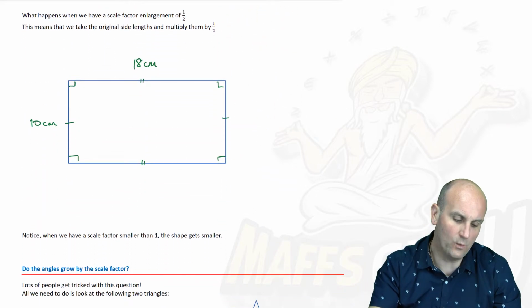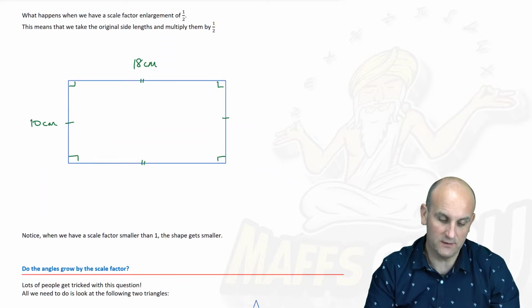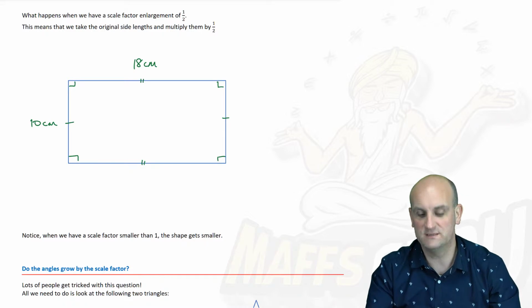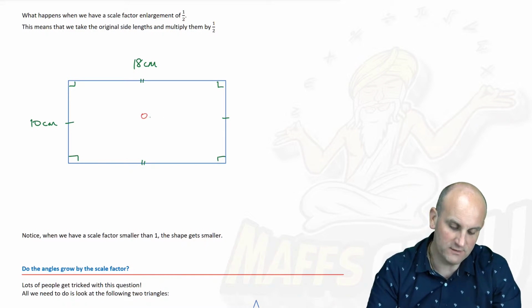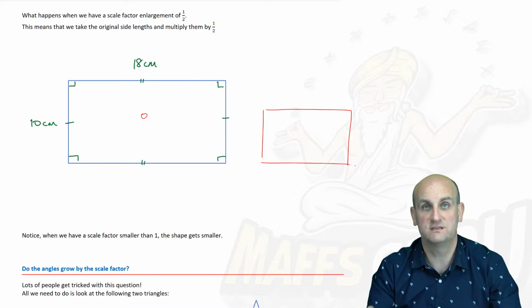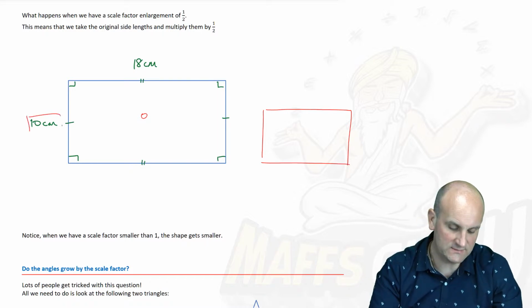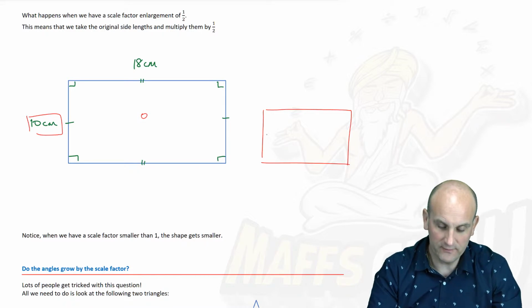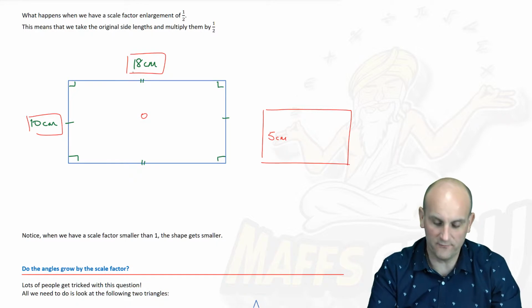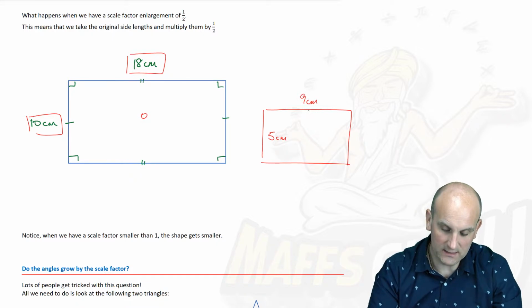Let's go back and say now, what happens when we have a scale factor enlargement of a half? Well, we just talked about this a moment ago. Now, when we're multiplying things by a half, we're making them half as big. So if this is my original, scale factor enlargement a half is actually going to make the shape smaller. So I've got 10 centimeters here, which I want half of. So that's going to be 5 centimeters there. 18 centimeters there, which I want half of, which is 9 centimeters. And I'm going to do 1, 2, 3, 1, 2, 3, and let's do 1, 2, 3, 4, and 1,